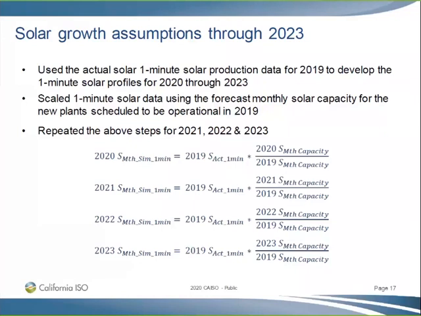So for 2020, let's focus on 2021, you take that 2019 actual, and then each month you look at the monthly capacity that's expected to come in, and we know the monthly capacity that existed in 2019. So you can use solar profiles based on the 2019 actuals and the expected capacity that's coming in. We do this for the subsequent years, 2022, 2023, a fairly simple calculation, to estimate what that solar profile is going to look like.